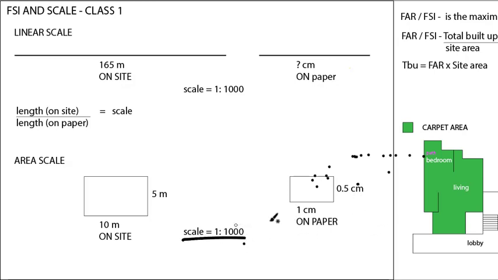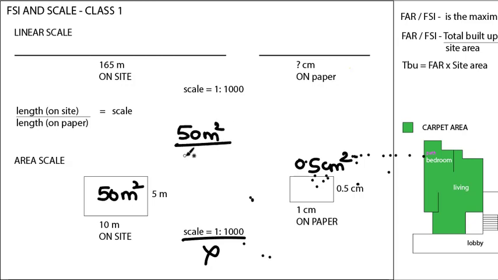See, now we knew these dimensions 1 centimeter and 0.5 centimeter because we knew the scale. Okay, so what if we are given this area and the scale is not given? So how to find the scale? Okay, so for finding scale, consider this area as 50 meter square. Okay, 10 by 5 is 50, and this area is 0.5 centimeter square, right? So for finding out scale, all you have to do is take the area of site, divided by area on paper. Okay, you have to take square root of it. You have to take square root of it because it is an area scale. Okay, so for area scale you have to take square root.